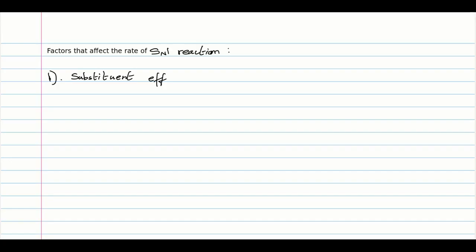In this video, we will look at the factors that affect the rate of SN1 reaction. The first thing we are going to see is how the substituent affects the rate of the SN1 reaction. Now we are aware that the rate determining step of the SN1 reaction